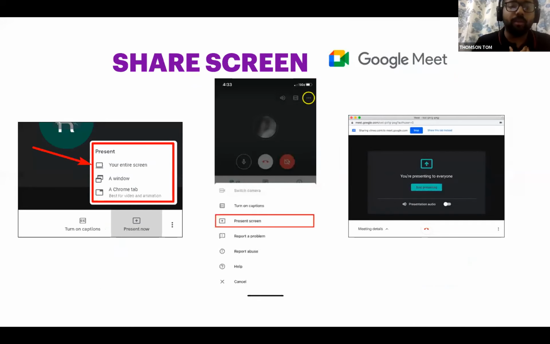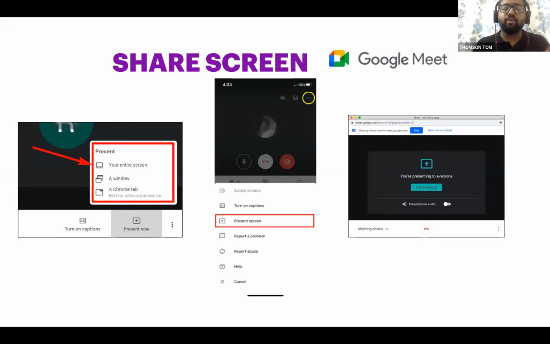Take Google Meet. You need the feature called screen sharing or present now. That is the only feature you need to share your screen to show the augmented reality using the Tutor application. First, you have to download the Tutor application. You have to open the Tutor application and keep it aside. Then open Google Meet and welcome your students. Right now, I'm the trainer and you are attending the session. What I did, I opened the camera and greeted you.